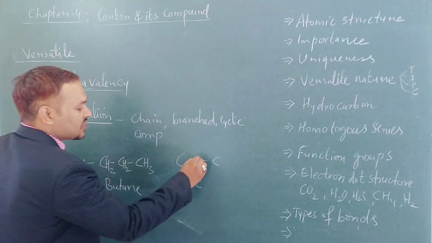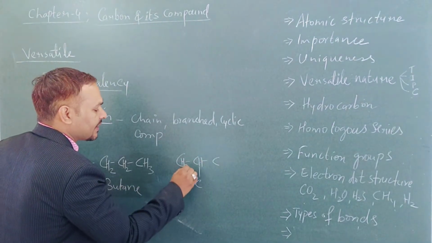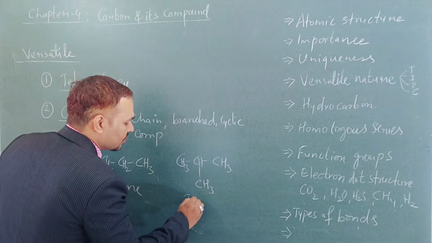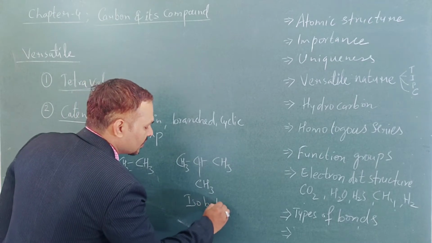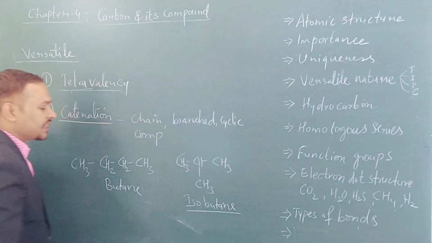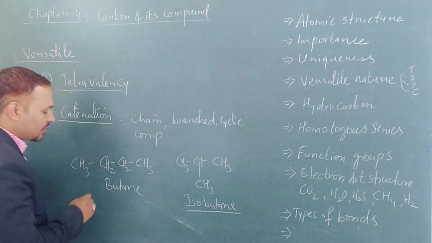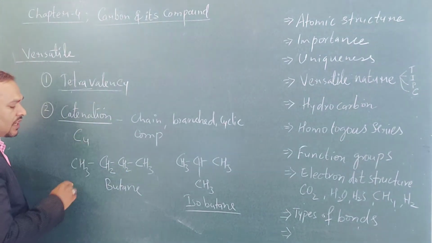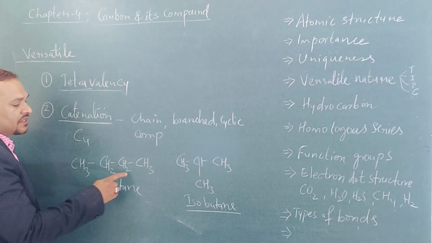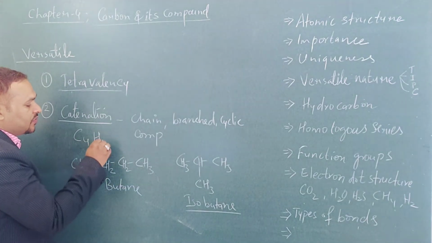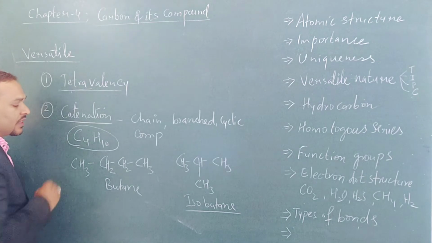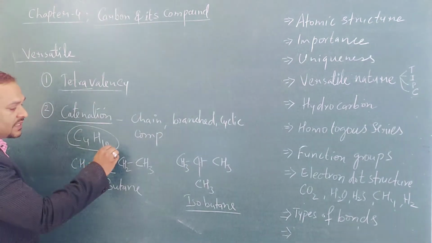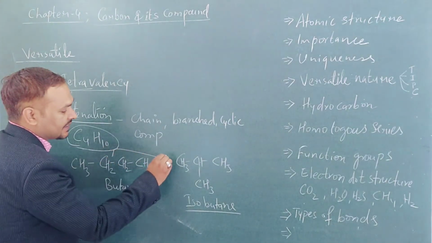And here I branch the butane and write like this. This is isobutane. If you look into the structure and the molecular formula, here you will count how many carbons there are. See, 4 carbons, hydrogen 3, 5, 7, 10. That means C4H10 is the molecular formula of butane, but it can be present like this and like this.